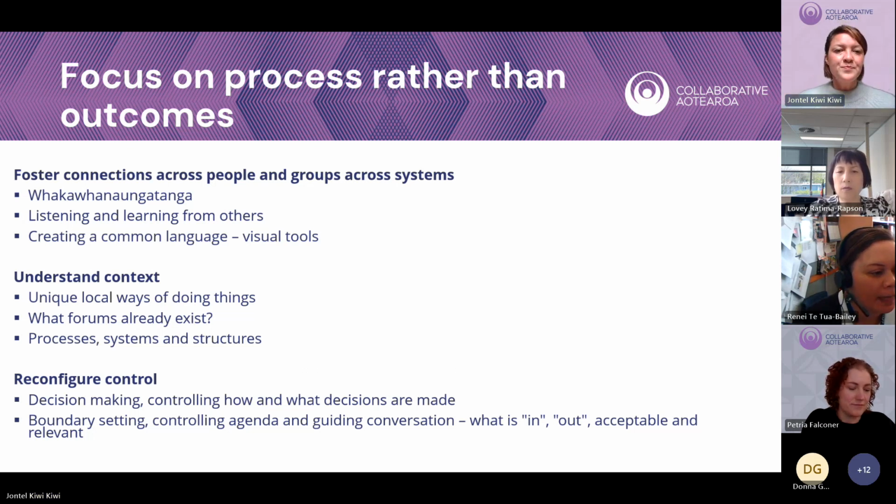Right. So I was thinking about this and how this works, like the key highlights that I can give for how this works in my mahi and maybe your mahi as well. One of the biggest things is focus on the processes rather than the outcomes. So in a lot of our mahi, it can be very outcome driven. And actually, when we're looking at it from a whānau and a community perspective, it's not necessarily the outcomes, it's those processes along the way that make the changes.